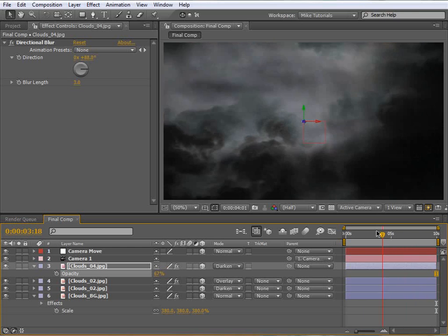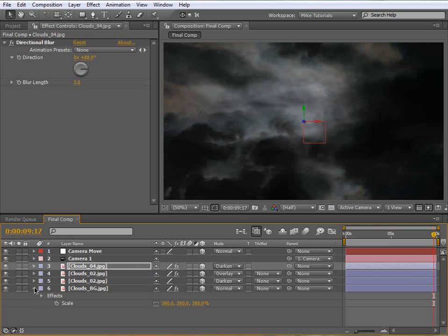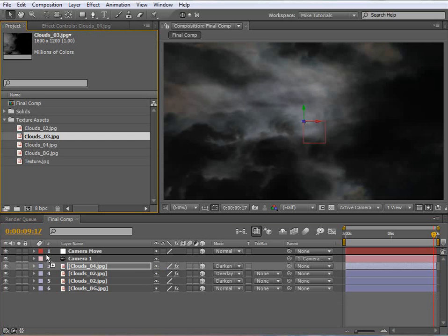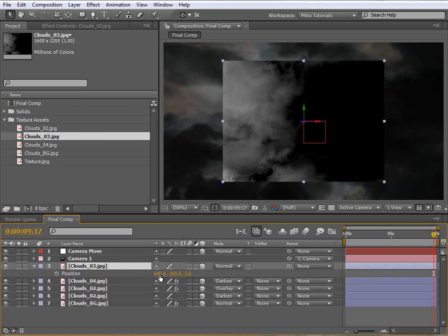There we go. Once again, just more layers of clouds. And let's put in our final cloud layer here. Grab the Cloud 03 layer. Let's drop that into the timeline. Make it a 3D layer. Hit P to bring up its position. And we're going to move this to